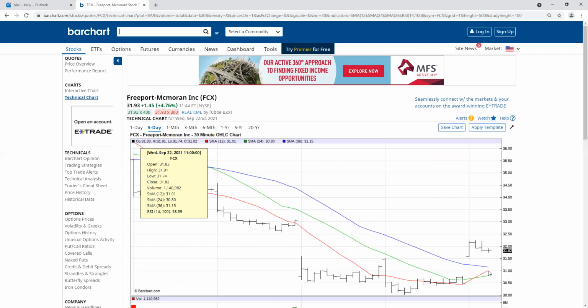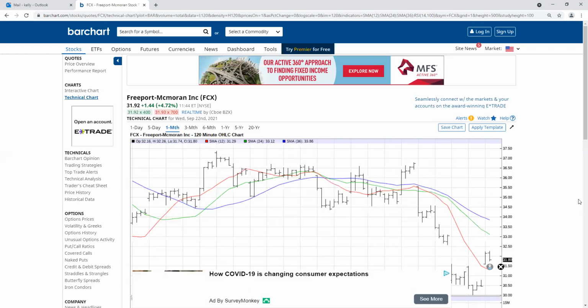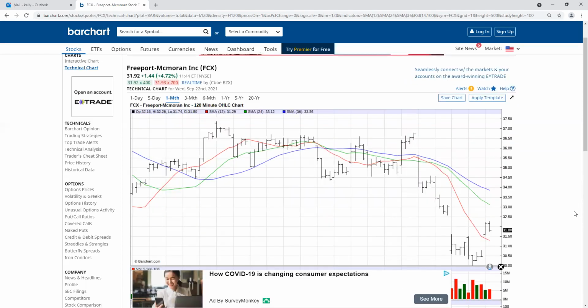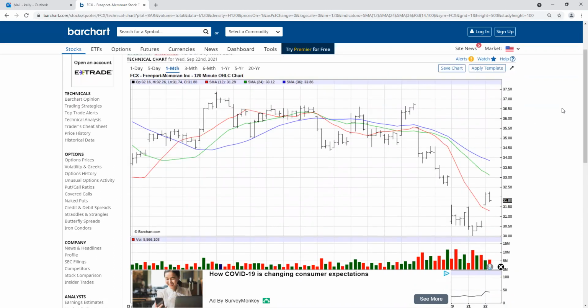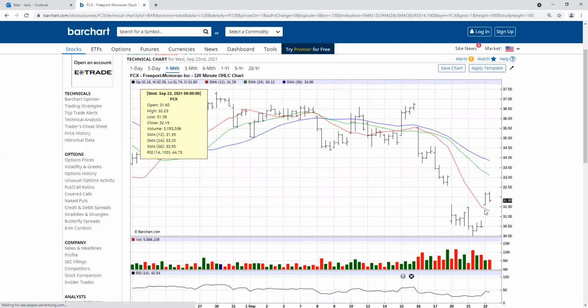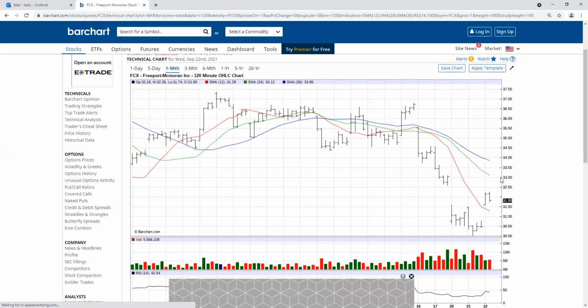So right now, if you wanted to play that game, it looks like staying above 30 would be the key, and 31 even. What does the monthly look like? Yeah, the monthly doesn't look so great. But again, I'd like to see the RSI above 50. And I certainly would like this red line, the 12 SMA, to start pointing up. Because if you're going to 40 or 38, this thing is going to have to start pointing up.